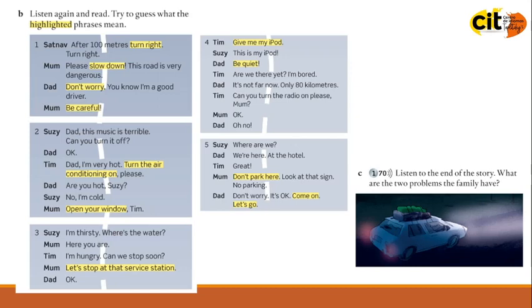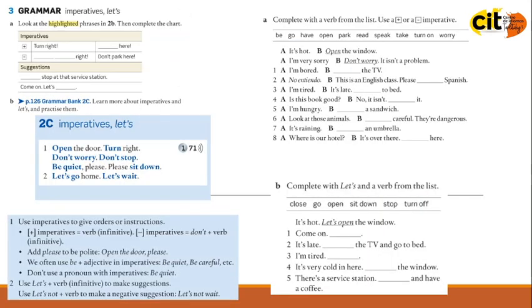Okay? And then in activity C, you have to listen to the end of the story and you have to answer that question there, okay? What are the 2 problems the family have? Okay? Then you are going to work with grammar. Let's revise imperatives, okay? And we are going to work with let's, okay? So what you have to do is to look at the highlighted words in the previous activity and complete the